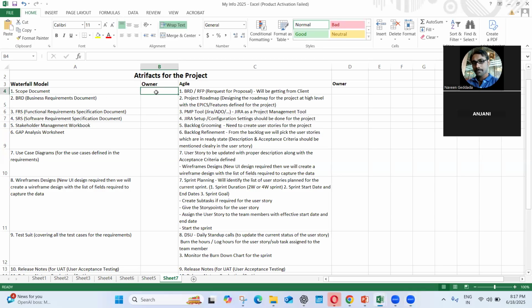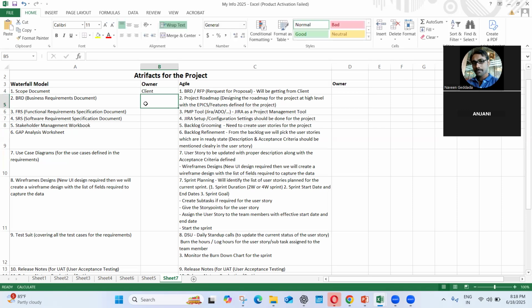Yeah, sure. So now we will identify what are the different artifacts we require for the project. We have the list of the artifacts, and now our task is who will be owning each document, in the sense of who is the person responsible for creating the document, updating the document, and then getting the approvals. So here we will say the scope document mostly will be prepared by the client